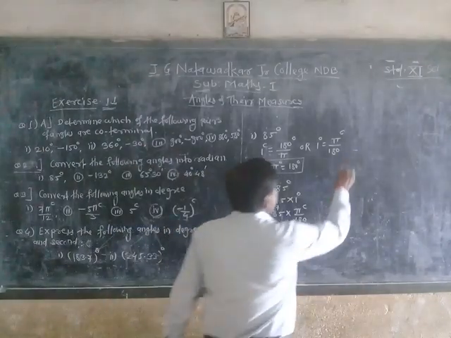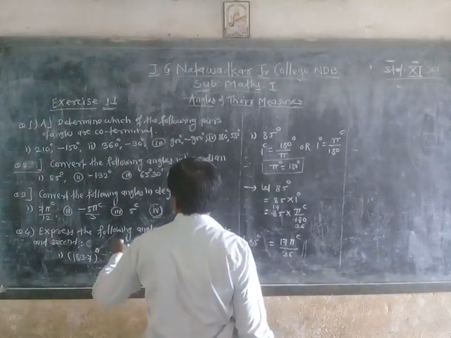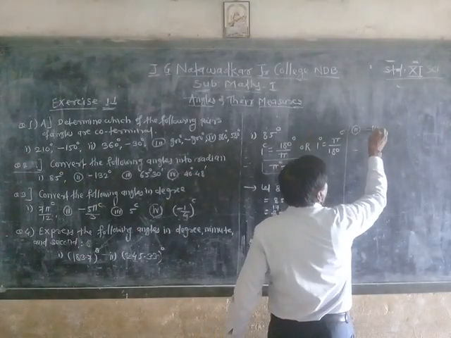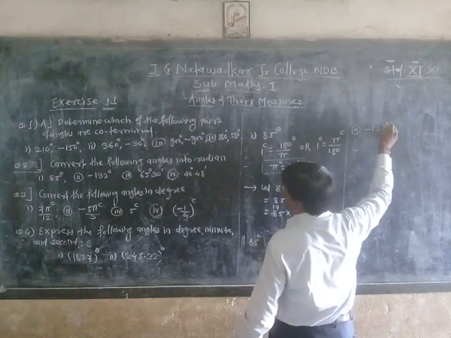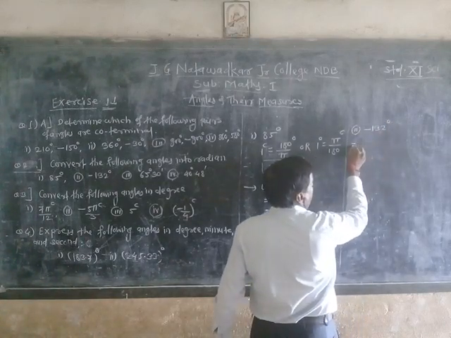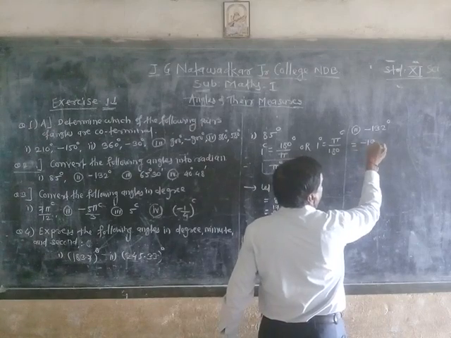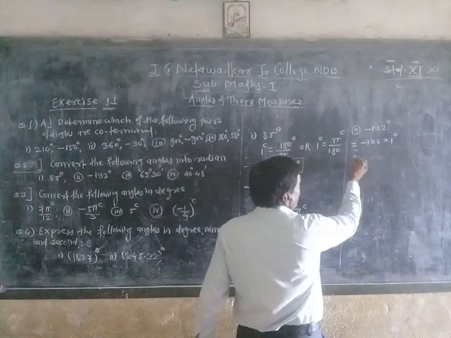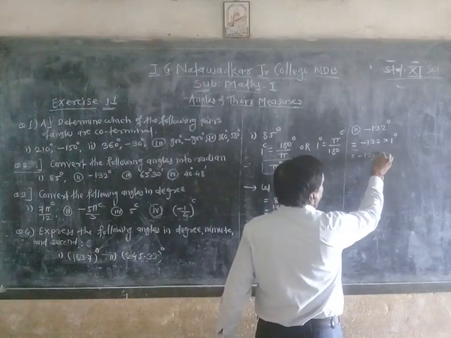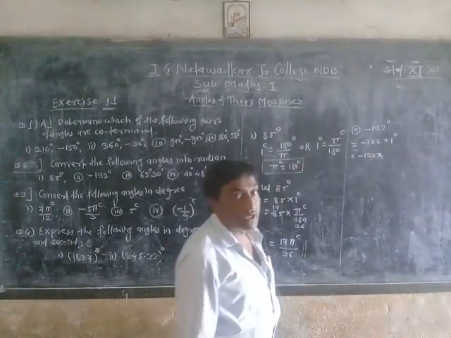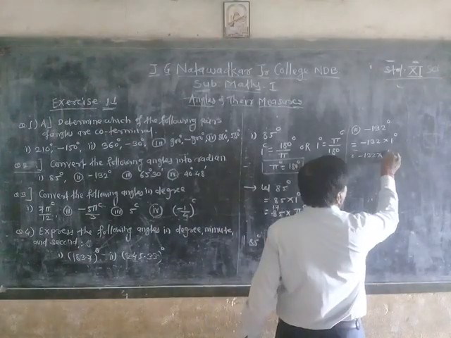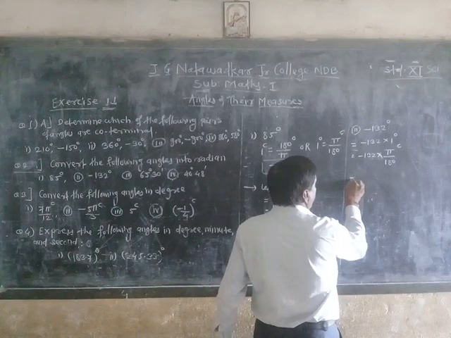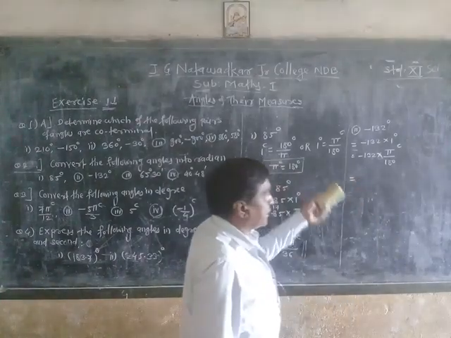Understood? Okay, similarly we solve the second example also. See that the second example is a negative measure, and it is minus 132 degree. Okay, let me express this 132 degree as minus 132 into 1 degree, equal to minus 132 multiplied by the value of 1 degree, and the value of 1 degree is pi upon 180 radians. And now you already learned this in the 10th standard, that is the cancellation.